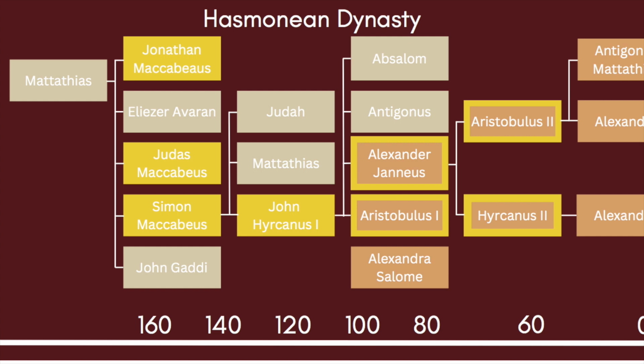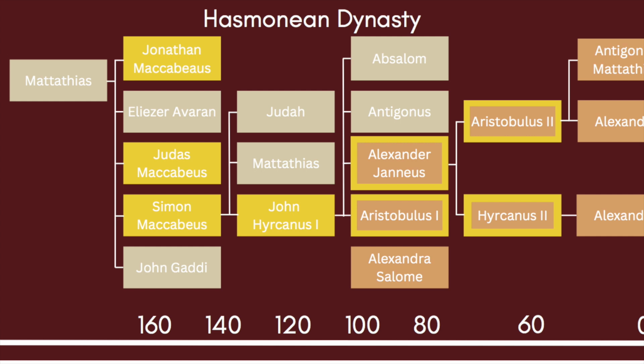Maccabeus, or Maccabee, is this Hebrew word that you get the sense it's either hammer or to extinguish. And so they call him Judas Maccabeus. That's kind of a moniker, a nickname for him, that he was hammering down the Seleucid Empire. He recaptures Jerusalem, he recaptures the temple, he cleans it out, he institutes the worship of Yahweh. And this is where we get the idea of Hanukkah, right? They only had enough oil for like one day, and then they burn it for 7 days, and now the Jews celebrate the festival of lights because of this.